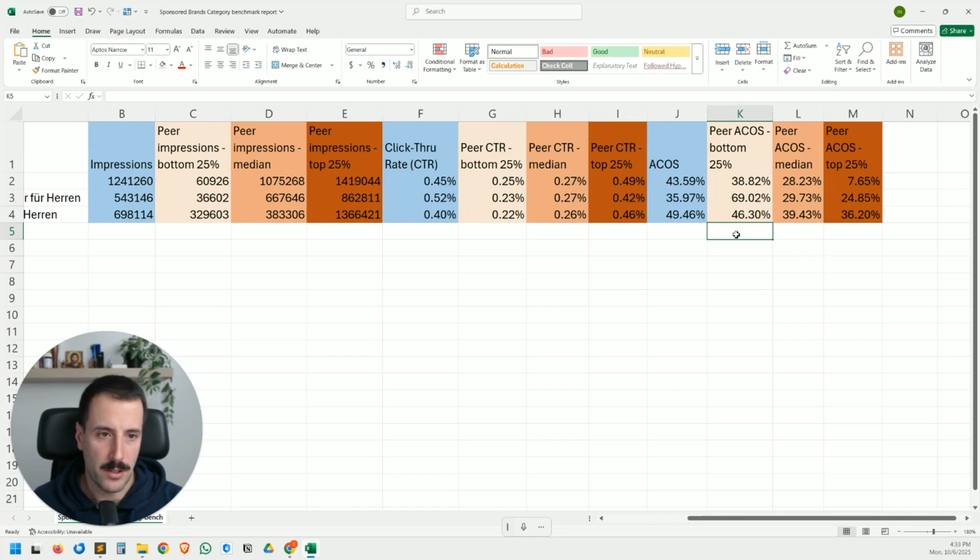Sponsored brands ACOS doesn't matter that much. It doesn't matter if it's 50, if it's 60, because you're not trying to be profitable on sponsored brands. Yes, if you can get an ACOS of 20% and be profitable with sponsored brands, that's cool. But for example, I've seen many cases where we saw sponsored brand ACOS going to 50, 60%, 80%. But when we pulled the overlap report from Amazon Marketing Cloud, we saw that whoever saw a sponsored brand ad and a sponsored product ad ended up